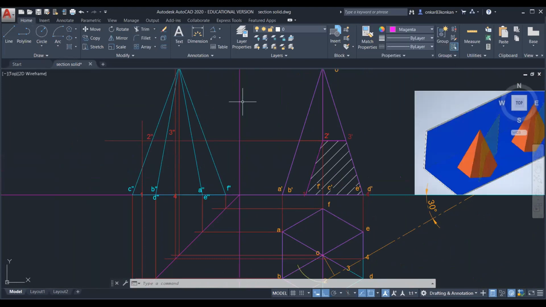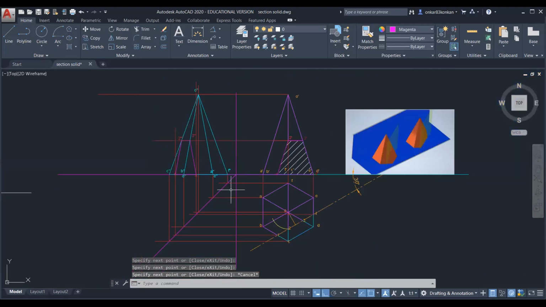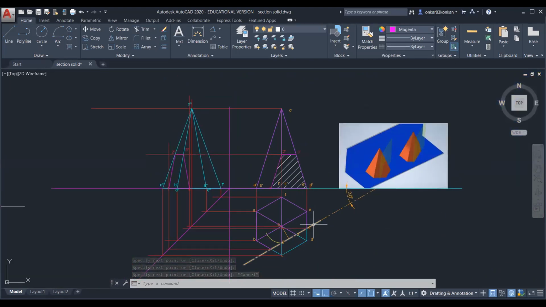Now connect this point 1, 2, 3, 4 by a straight line. So you can draw the sectional side view. Okay. Now the portion on this side, which is shown here by the pink color, it is to be removed. So similarly,